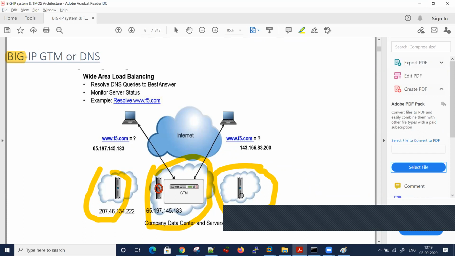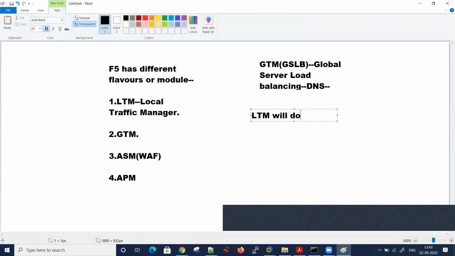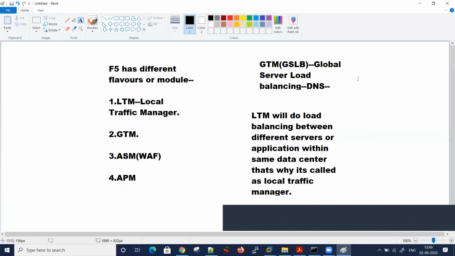LTM will do load balancing between different servers or applications within the same data center. That's why it's called Local Traffic Manager. Is it clear?